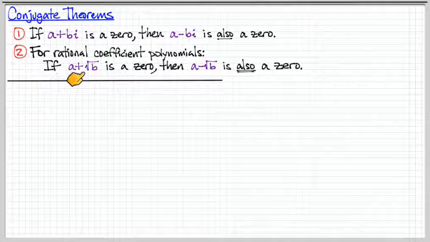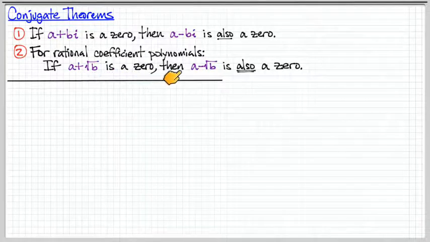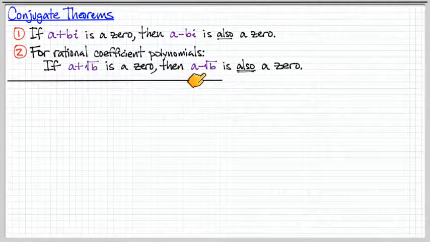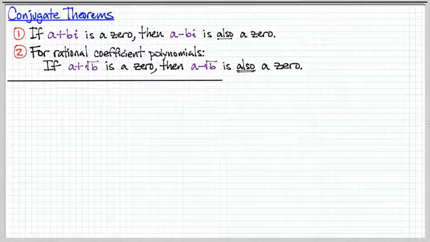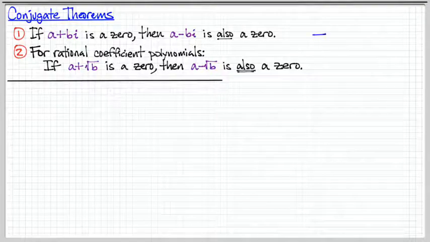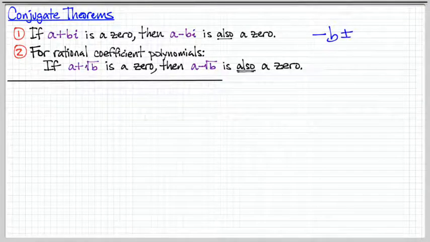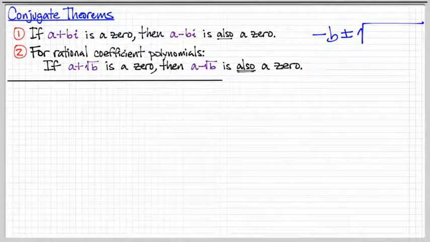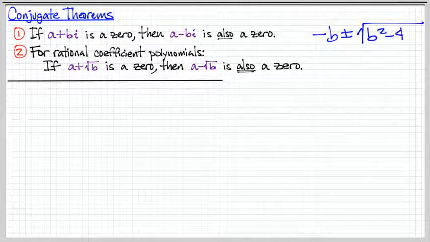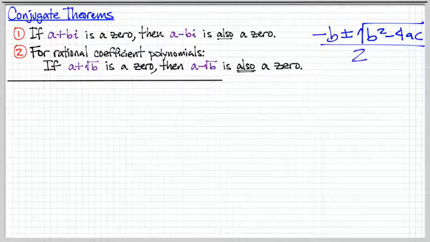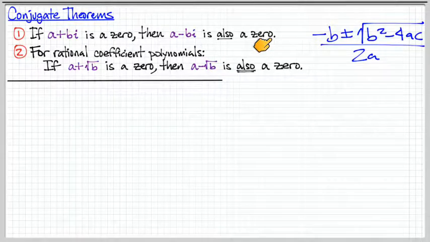If a plus square root of b is one of the zeros, then we also know that its conjugate, a minus square root of b, is also a zero. And just as an example, we see the quadratic formula, negative b plus or minus the square root of b squared minus 4ac over 2a. This implies, or we could see, the conjugate theorem at play here